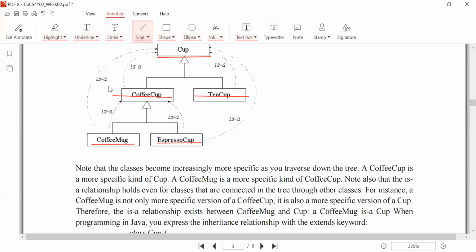It will inherit all these features of coffee cup. And if it inherits all these features, in turn it is going to inherit all these other features of the big cup, okay? Because this one will inherit all of its parent. This other one will inherit all of its parent or of its superclass. And then this one will inherit all from here. And if it is inheriting all from this one, it means that in effect, it is also inheriting from